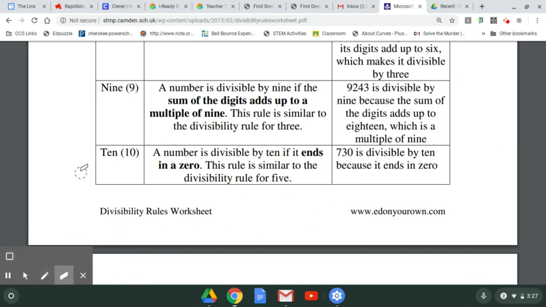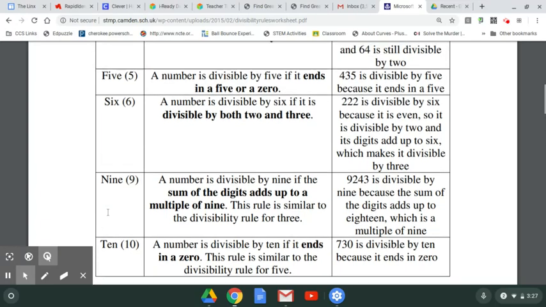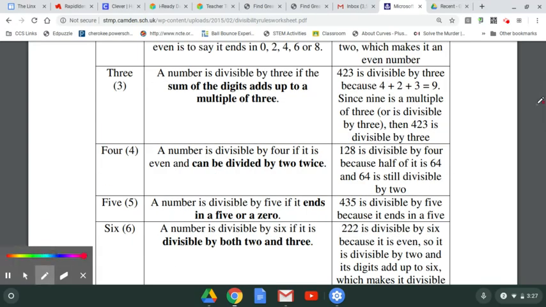Let's go with 10. Tens. A number is divisible by 10 if it ends in 0. Okay? So 730 is divisible by 10 because it ends in 0. One more thing I want to show you is that all of the numbers times 9,